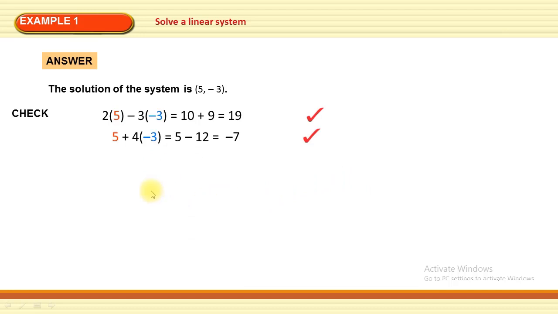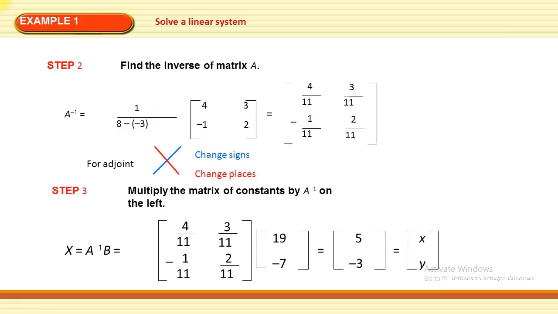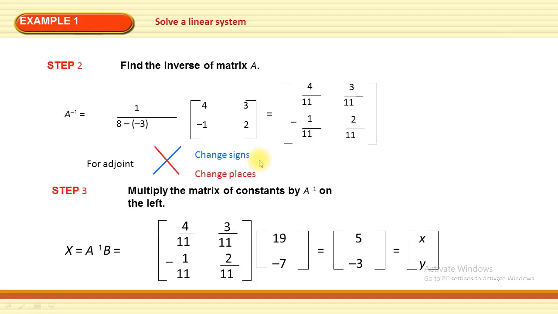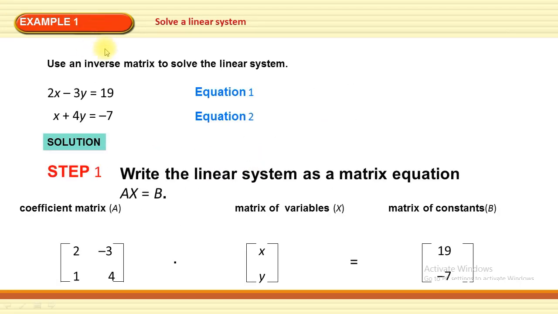Now dear students, we can check the solution for the given system. To check the result, 2x minus 3y. As you see in the previous slide, the value of y is minus 3 and the value of x is 5. So 2 times 5 minus 3 times minus 3 is equal to 10 plus 9. 2 fives are 10 and 3 threes are 9. So 10 plus 9 is equal to 19, and 19 is on the right hand side of equation number 1. This is equation number 1.